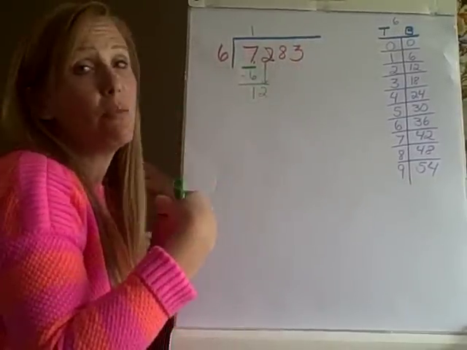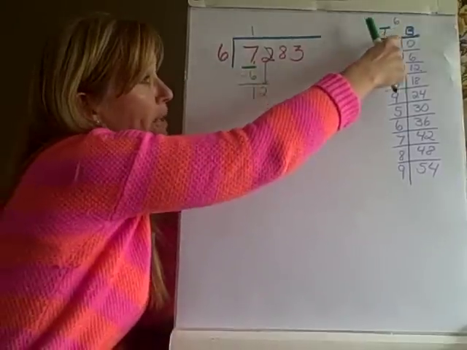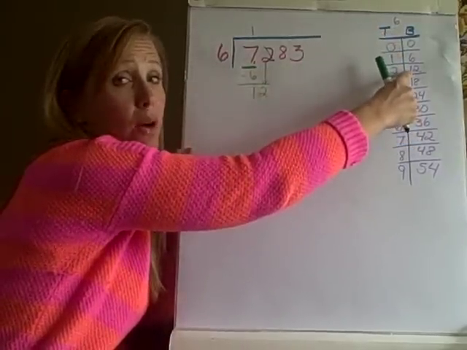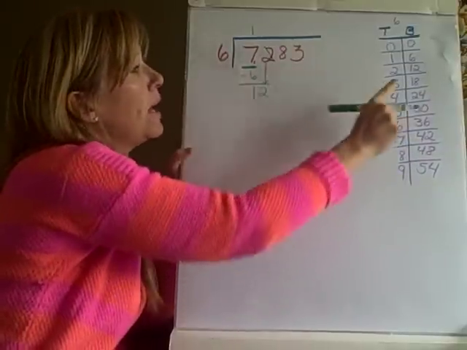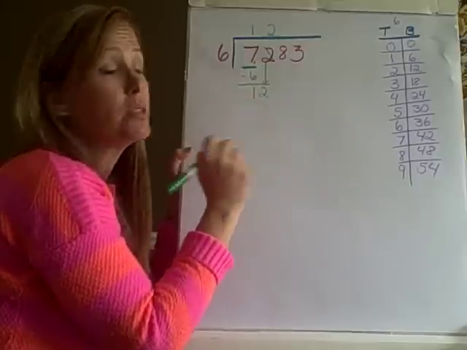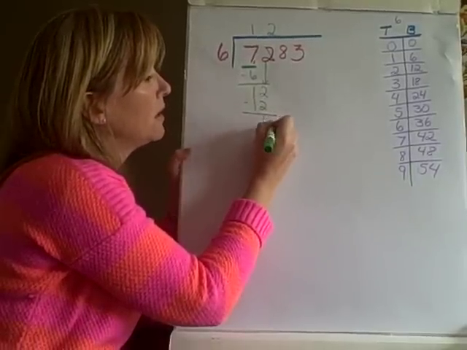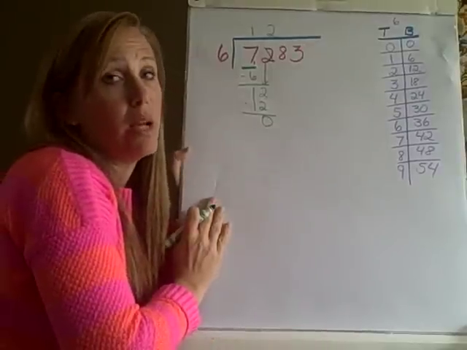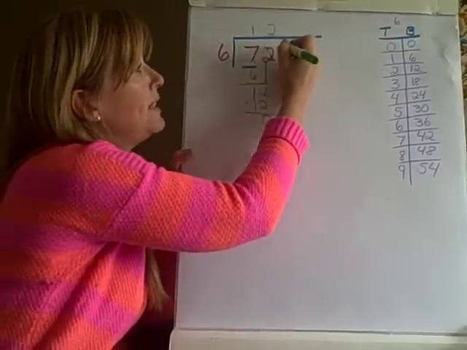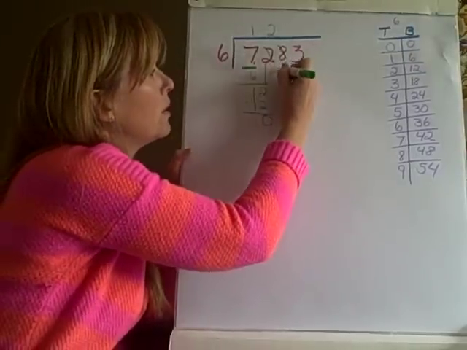And now, I know my multiples, so I know that 6 goes into 12 twice. If I need to look at my top-bottom chart, I can see that 12 is the closest number to 12 without going over. I put a 2 on top. Notice I'm lining up those place values. And a 12 on the bottom, subtract, and I get a nice round 0. But I'm not done yet. I've got to bring this 8 down, so I'm going to cross out that 8, just as a mental reminder that I've used it. Bring it down,